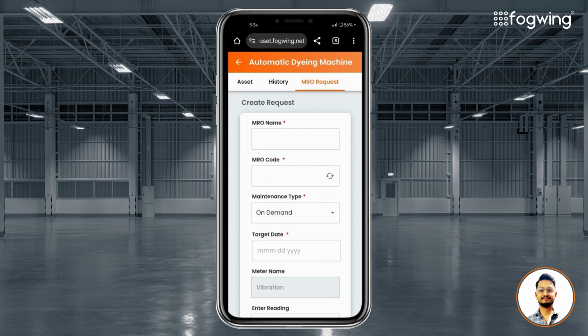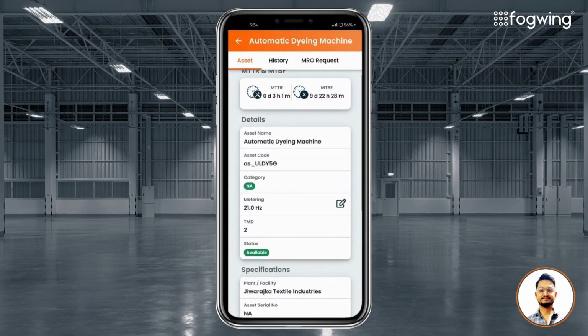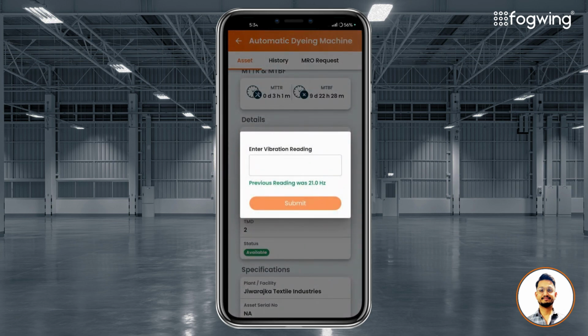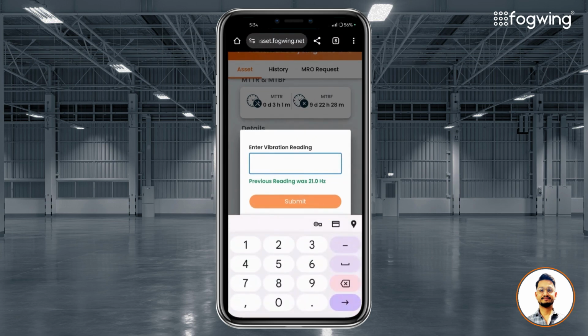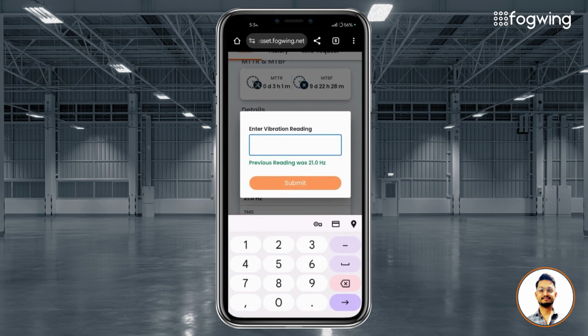So in the asset detail section, we have this metering option. By simply clicking on that metering option, you can now enter the vibration reading here. So once you enter the particular value here, for example, if we mention 60 hertz here,